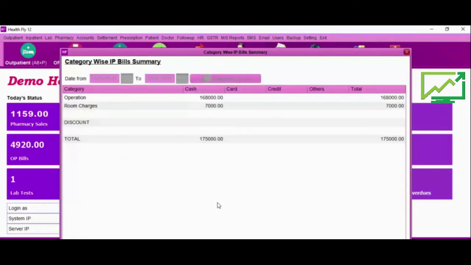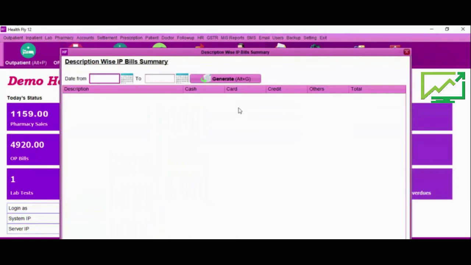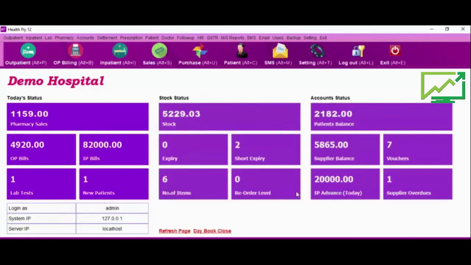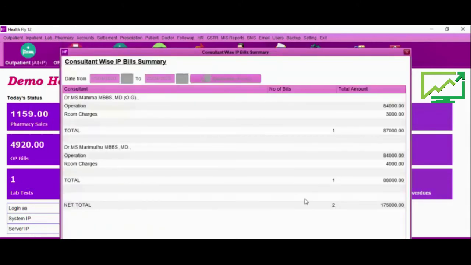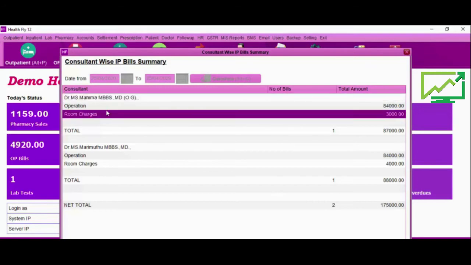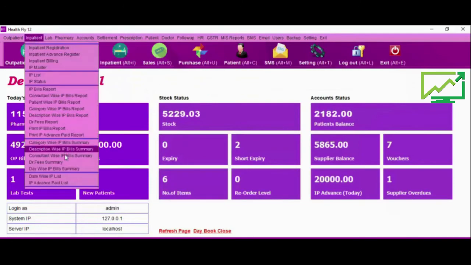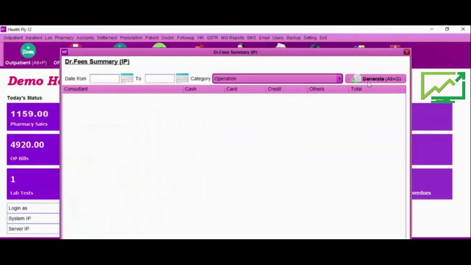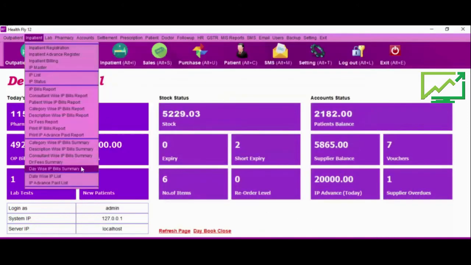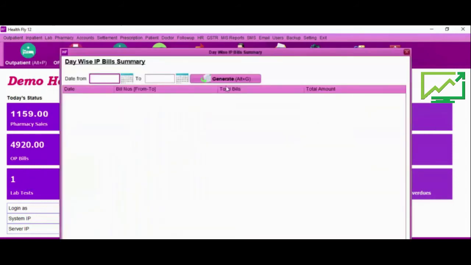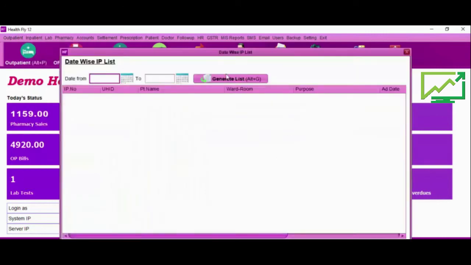These are summaries: category wise summary, description wise summary, consultant wise summary. So consultant 1 and the summary, consultant 2 and then summary. Doctor fees summary, day wise summary, date wise IP list.